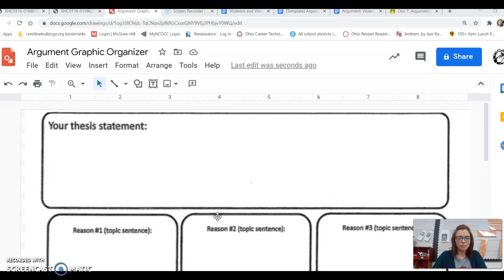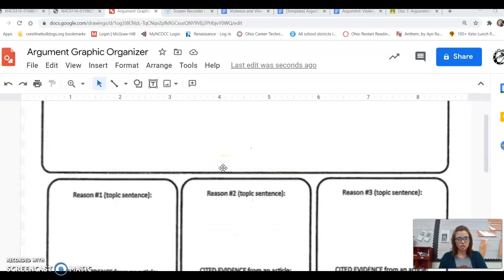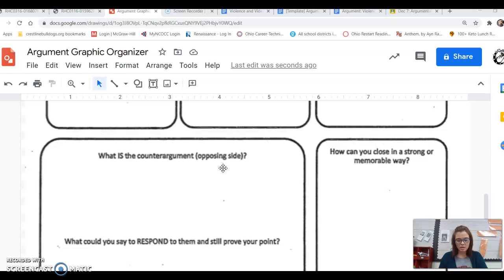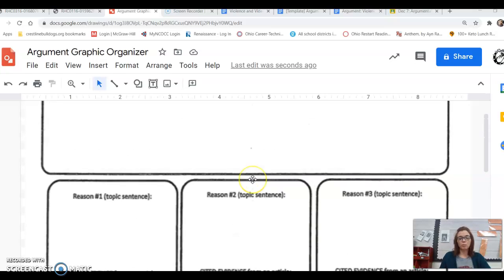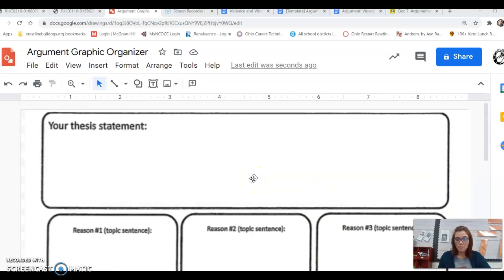First things first, I'm going to send you an argument graphic organizer. Actually, Miss Jenkins shared this with me, and this is what she does with her kids, so I thought it would be a good start to moving forward with her next year if you guys go ahead and see it now. So it's going to break your essay into your main parts, which is your thesis statement.